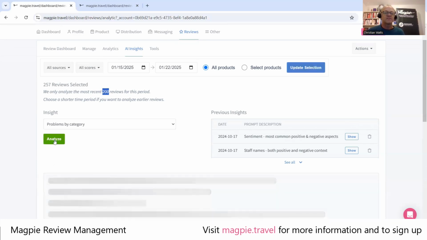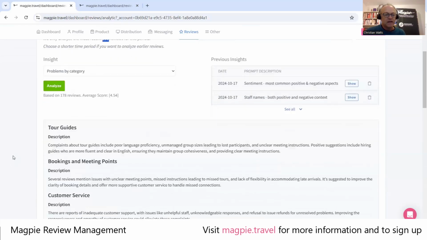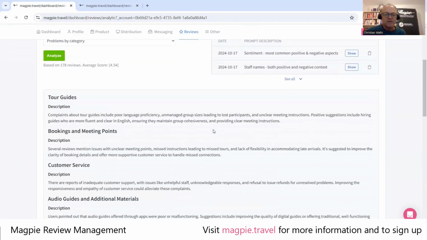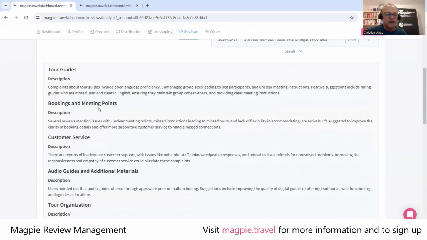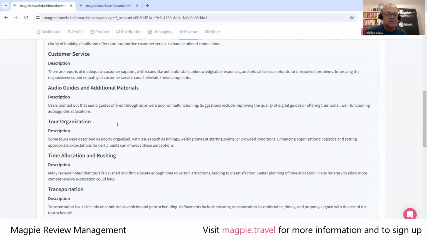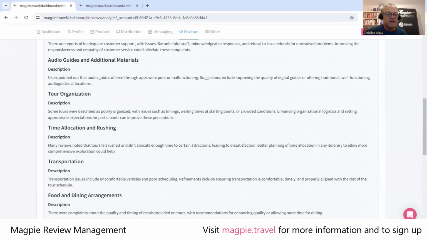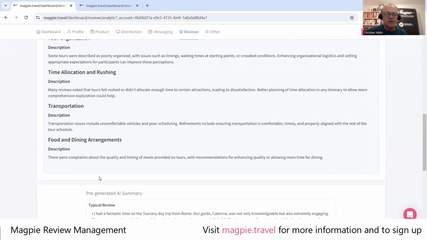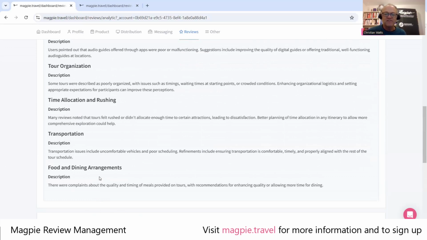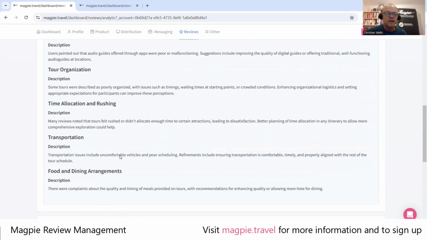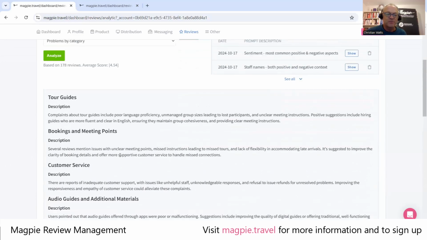So we're taking the last 200 reviews, running this through the AI engine. We usually use OpenAI GPT-4o. Sometimes we use Anthropic if there's more data and we need more data in there. Takes a few minutes usually. And there are the results. So it's going to tell you a summary of what's going on with each of the categories. So tour guides, bookings and meeting points, customer service, audio, organization, allocations, transportation, food. These are really ways to find summaries of what's going on and what you should also be looking at. You can also search by tour guide,